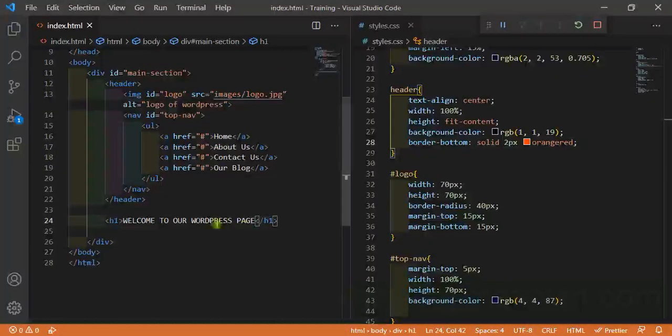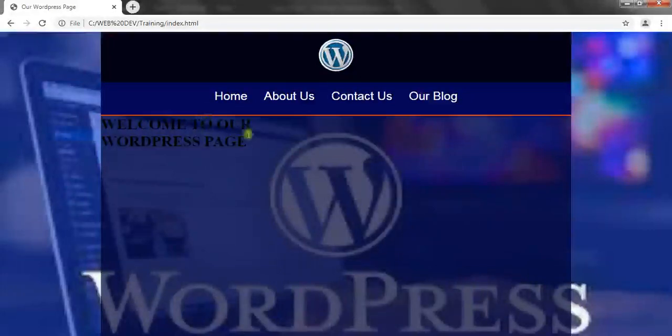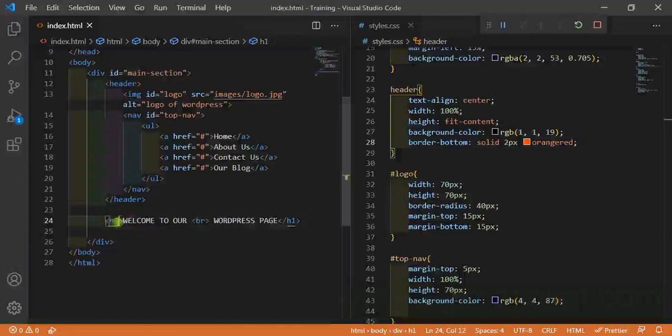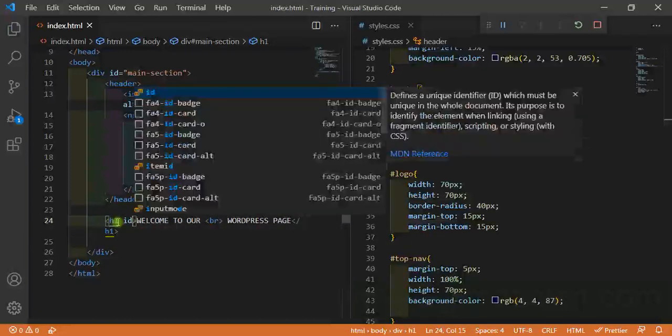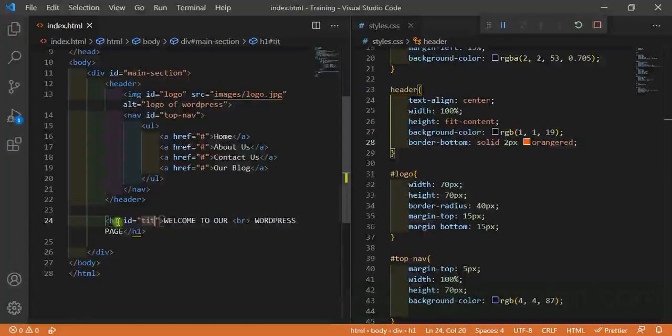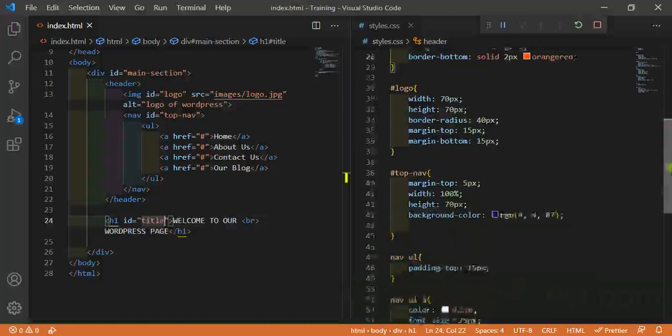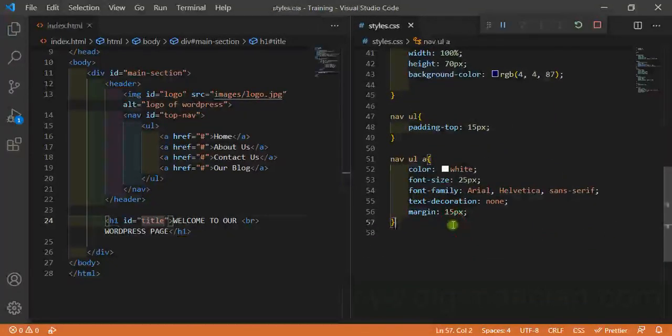All right, so I'm going to put a break tag here. We use BR. This is the break tag, and if you refresh now, you will see that it's going to break up here. So we work on our, let me give it an ID of title. All right, so now I can come here and work and say title